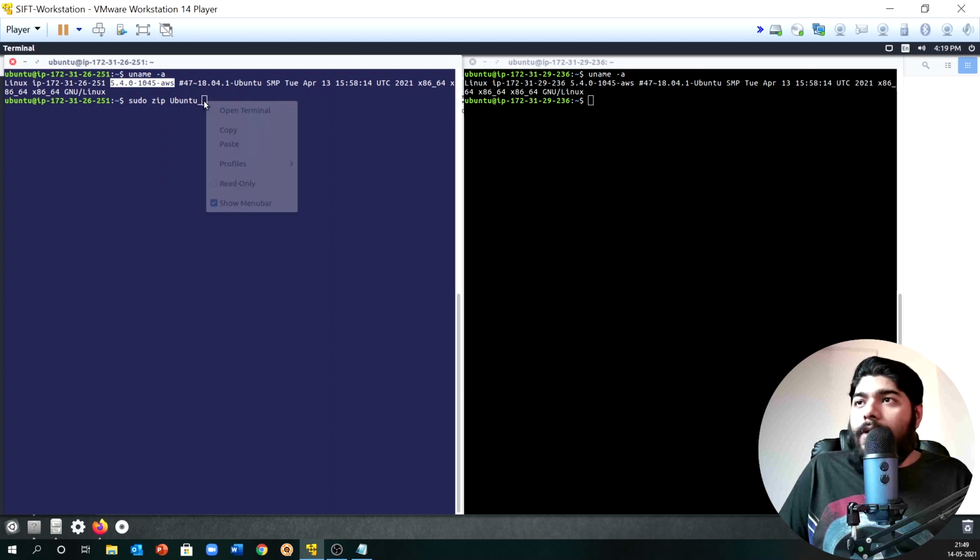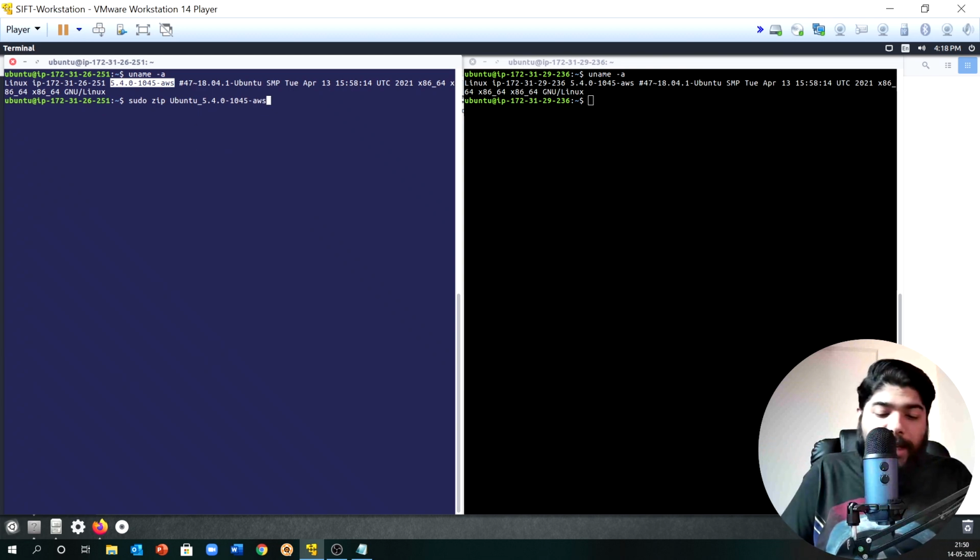I'll copy that for reference because that's my kernel module name. You can write anything as you need, but I prefer that. Then I'll make it a zip, and you remember there is a dwarf file that we just built, so we just need to call that.